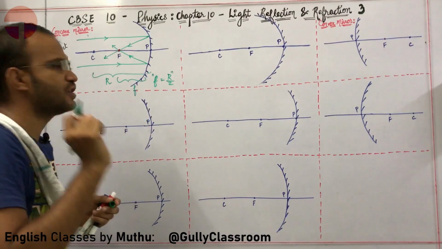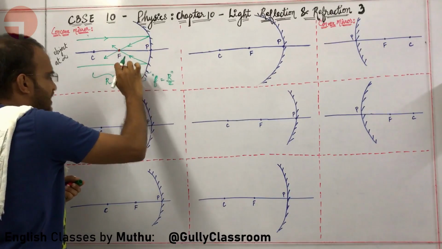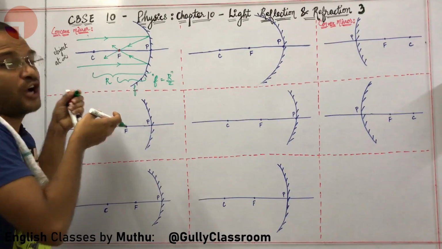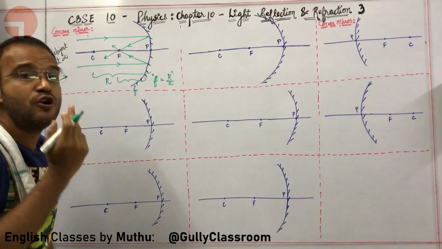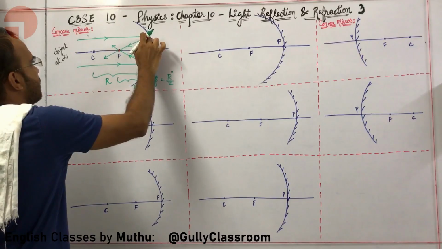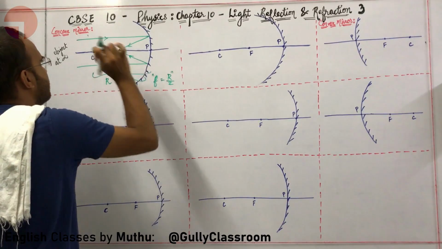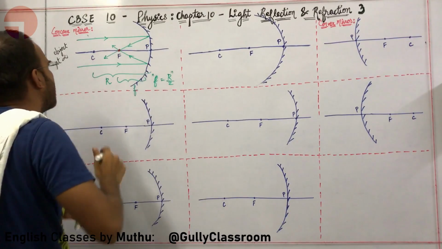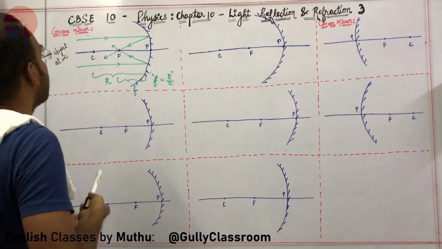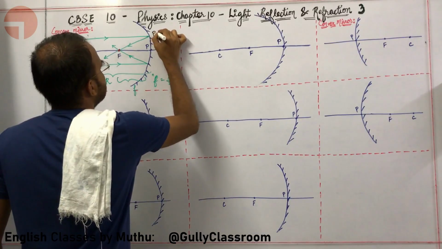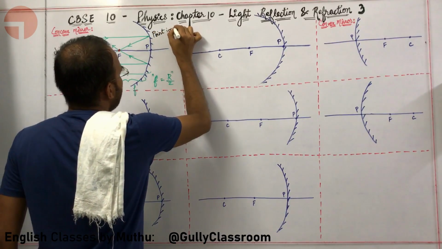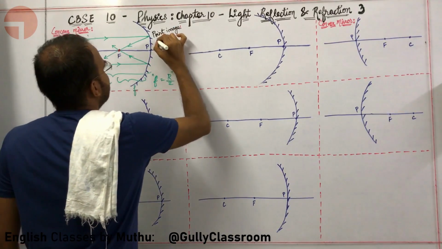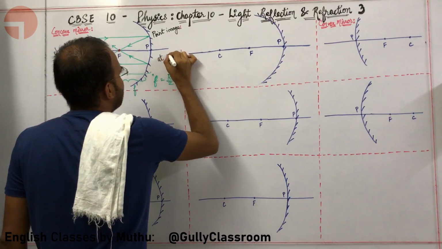You should always put arrows on each and every light ray. Without an arrow, that is absolutely not considered a light ray. You will lose marks. Okay, so my light ray is coming like this and coming like this. It is meeting here. When two light rays meet after reflection, they form an image. What type of image is this forming? It is forming a point image. A point image is being formed at where? A point image is being formed at F.